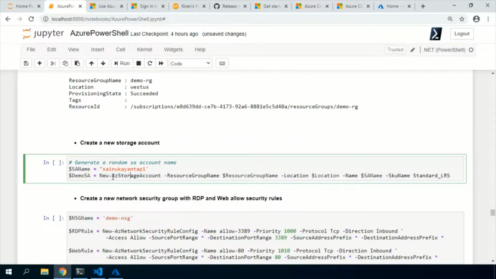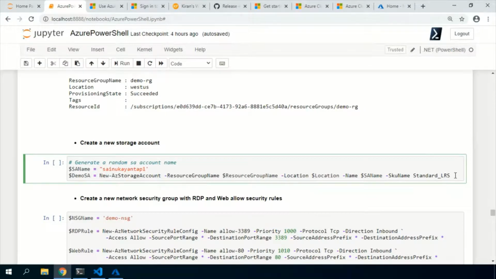We use New-AzStorageAccount with the resource group name, the location where you want to create it, the storage account name and the SKU. Other parameters, by default, the commandlet will pick up for you if you don't mention.